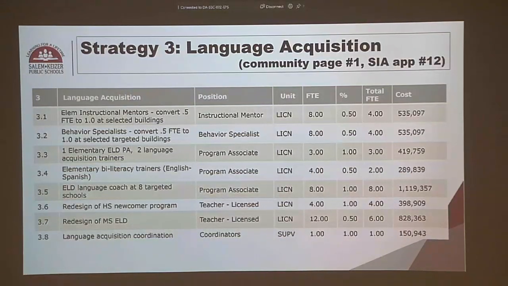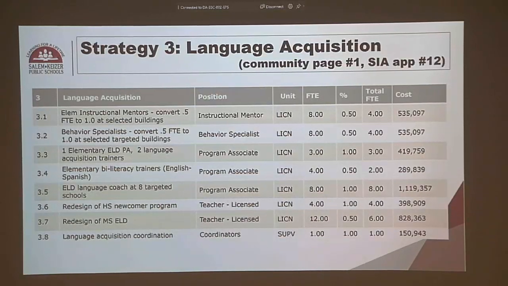We have 2 elementary biliteracy trainers, and these are specific people who will help us work in our Spanish speaking classrooms to be able to talk about what's called translinguistic instruction. And so that's the idea that once a student learns to read in one language, you can transfer those skills to another language, but that transfer doesn't just happen magically, it happens with some specific evidence-based practices. So we want to focus in on that window of time to be able to honor the language that our kids bring, and then to be able to use that to be able to learn English as well.